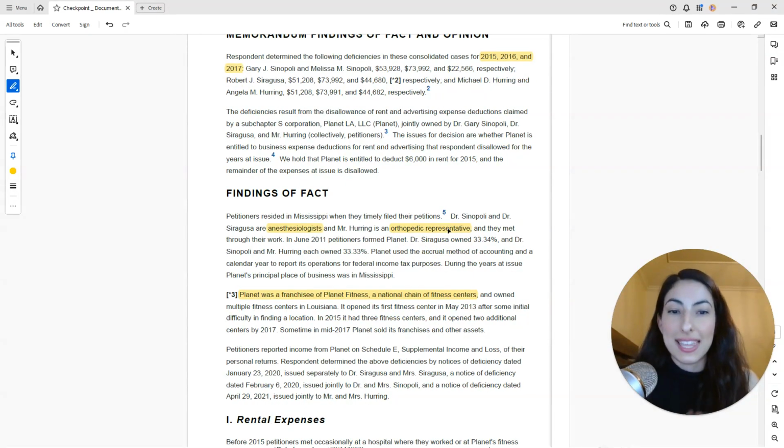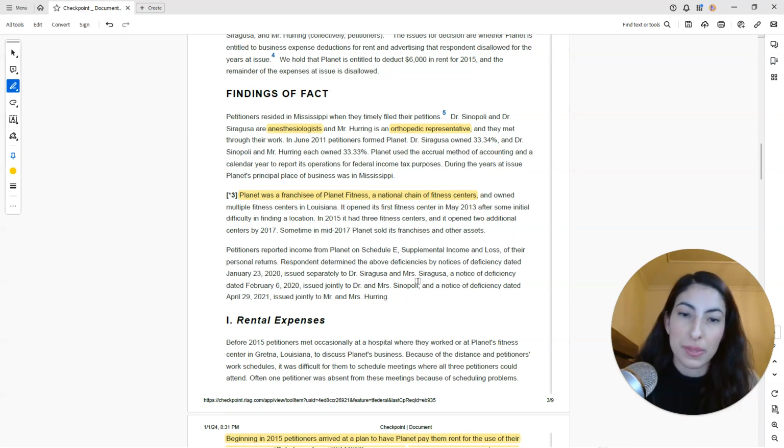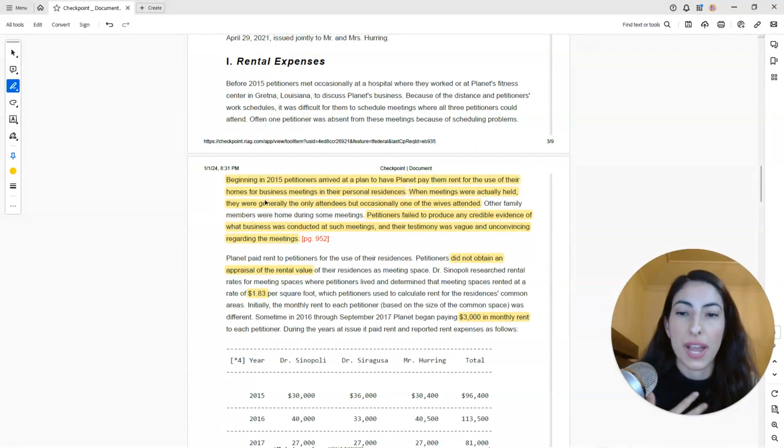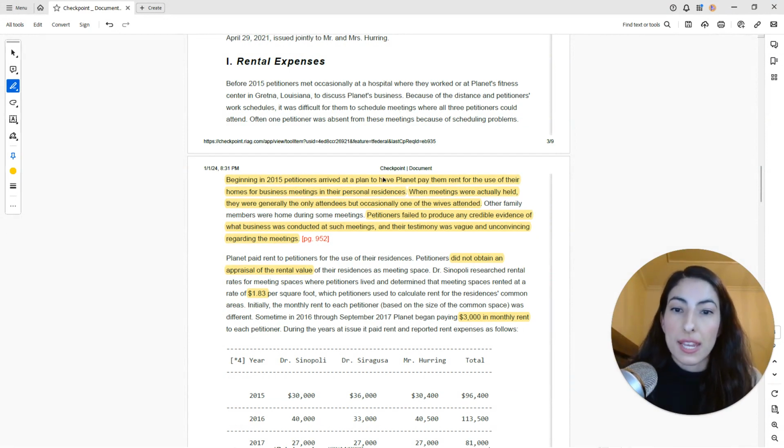Okay, so in this case, we've got 3 doctors, and they also own a Planet Fitness. And so this is related to the Planet Fitness that they have together. That's their business, and that is the thing that they're having board meetings about, that they use each of their personal homes and essentially distribute rent checks to each of them to distribute tax-free, or hopefully to distribute tax-free payments under the Augusta rule. So that was their plan. That's what they figured out. And so I highlighted some relevant sections here where they basically started doing that in 2015.